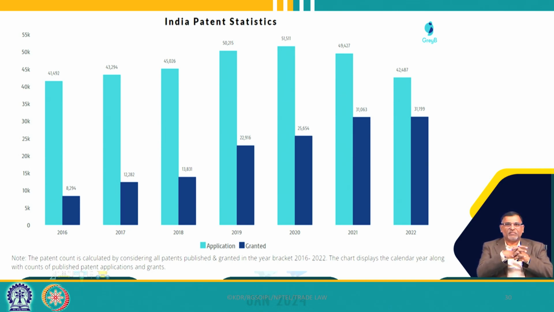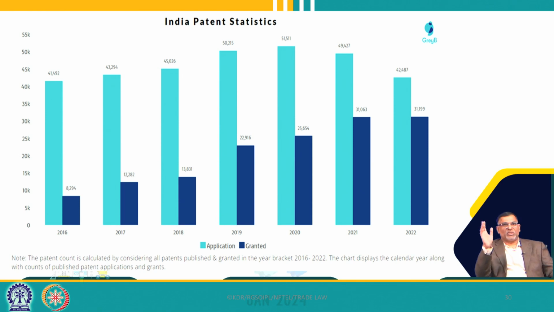But the grant of patents by the patent office is increasing day by day. The number is increasing. The working of the patent offices has been revamped by the government at this point of time, and probably the grant is very quick in recent times. The number of grants is increasing and has reached almost 30,000 in 2021 and 22. I am very sure that in 2023 it will be more, because 2019, 20 or 21 were affected by the pandemic, but 2023 is not affected. So, the number may go up.